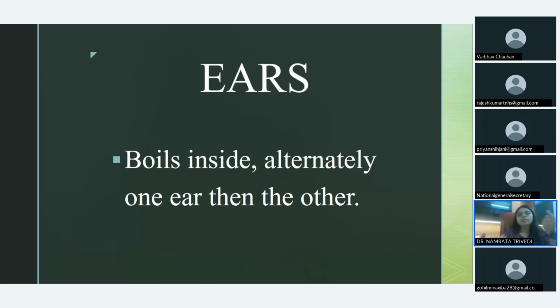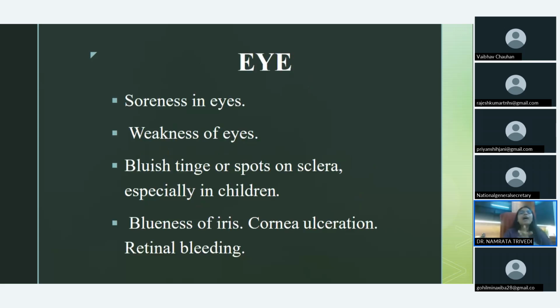You can see the alternating symptoms in the ears. Now the eyes. There is soreness in the eyes, weakness of the eyes, blue tinge or spots you can see on the sclera of the eyes. Especially it is noted in children. There is blueness of the iris, corneal ulceration, and you can give carcinosin to a patient with retinal bleeding or retinal hemorrhage, because the carcinosin patient is